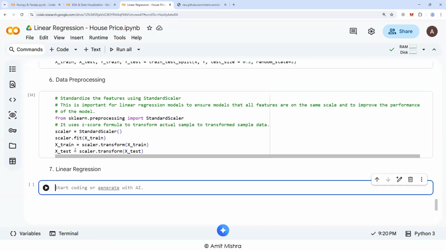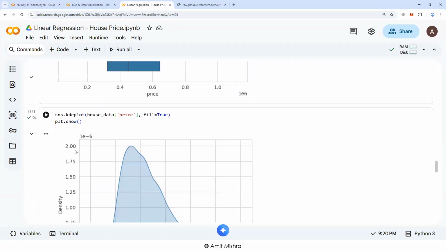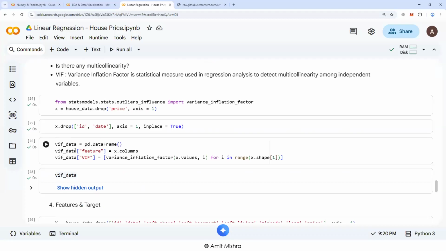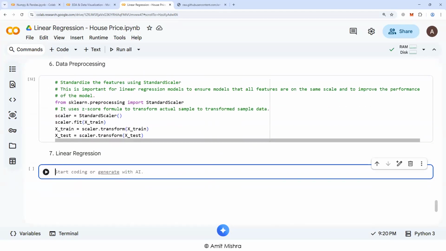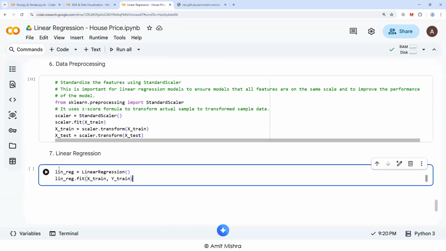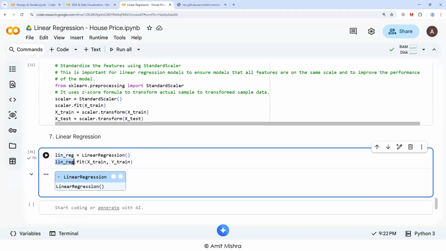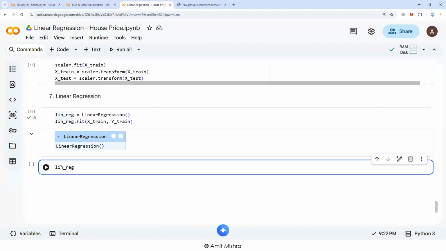How to apply data pre-processing we have also handled. Okay, and these are important terms. And yes, how to handle the multi-collinearity between the features we have also learned. Now everything is ready. Let's just take a regression model, the linear regression model, and fit your model. Let's get a score on X train and Y. Now to test the performance of the model, we take a score with X test